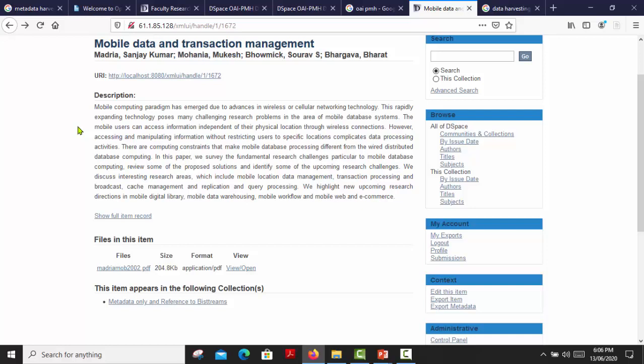And third is the bitstreams. Now we are going to see harvesting of metadata and bitstream.